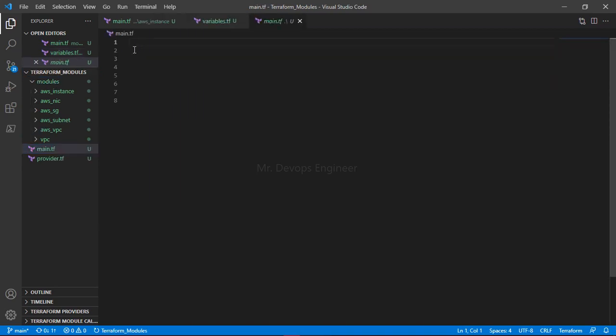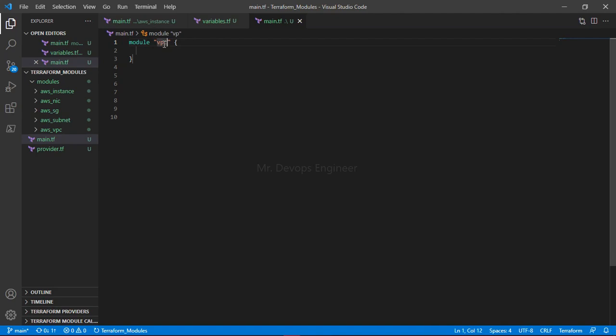Do not forget. So whatever modules, 5 modules you have created, AWS VPC, I think one extra, let me delete that, sorry. So these are the modules which we have created, 5 modules, right? So those all have to be called here, right? So how will you call, this is simple, just select module, just hit enter. Here you have to provide the name of your module. So the name can be anything, any logical name you can provide here. So I am giving this as